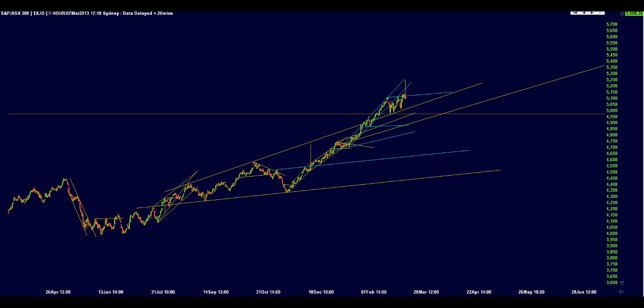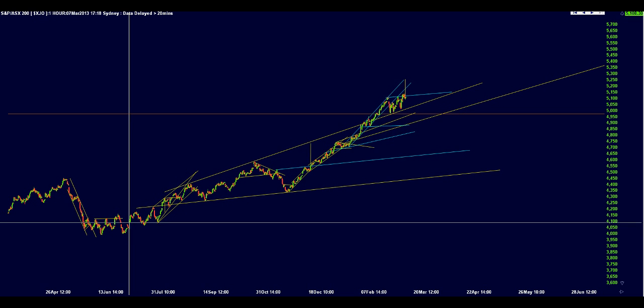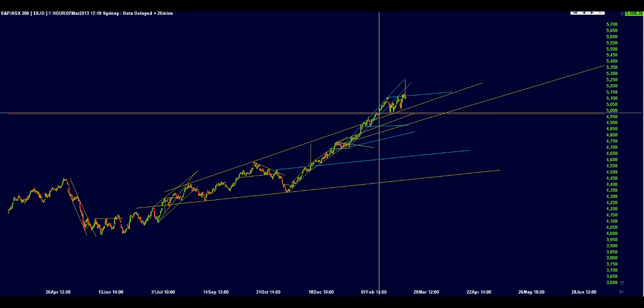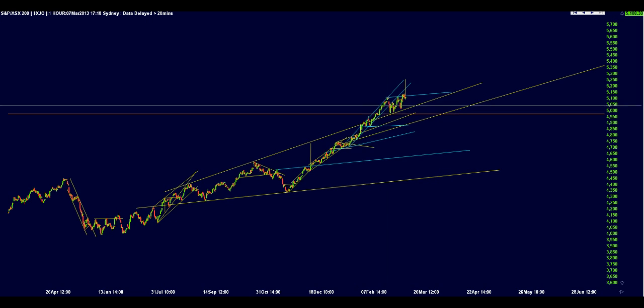Okay, looking here at the hourly chart of the ASX200, I've got a chart up here going all the way back to July of 2012, where we first started to see this rally up, and you'll notice there's this trend line here that I've got drawn on the chart. Now guys, I never thought that we would get over this trend line because this line is already at a diagonal rate of ascent, and you wouldn't think that we would get over this area. But as you can see, the ASX200 has had a lot of steam to the upside, and we broke through this area after 3 or 4 attempts, and we just came up within this blue channel that we've been watching